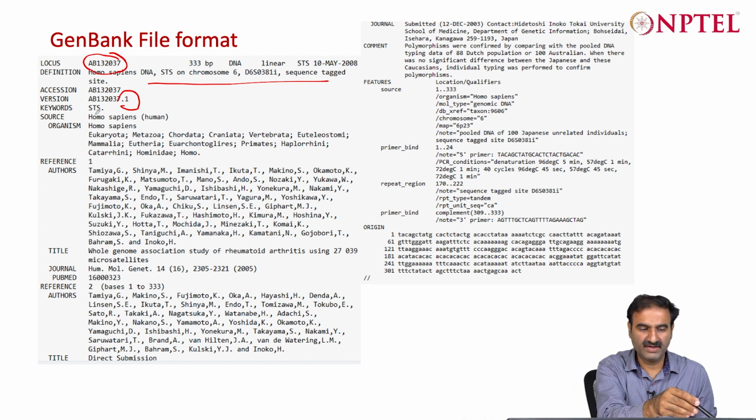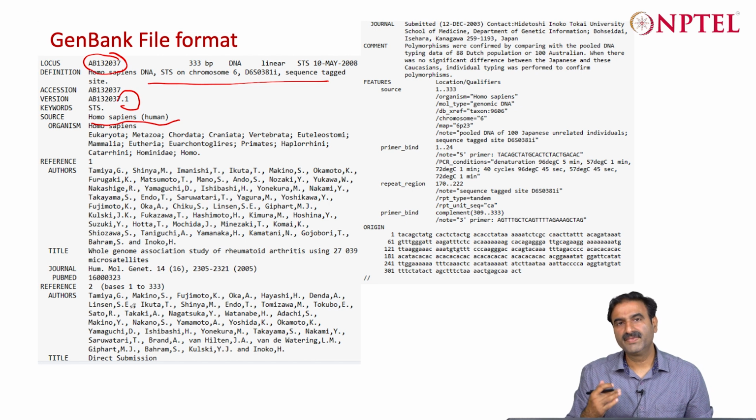Then basically the keywords, like if the user can define multiple keywords, okay, it's a satellite sequence for example, right. And then Homo sapiens, what organism it is coming from, okay, and the detailed taxonomy of that organism, what authors contributed this sequence, okay, the title of the study that reported this sequence, where it is published, okay, what is the PubMed ID, okay, and then again the authors in that sequence, because it could be in that